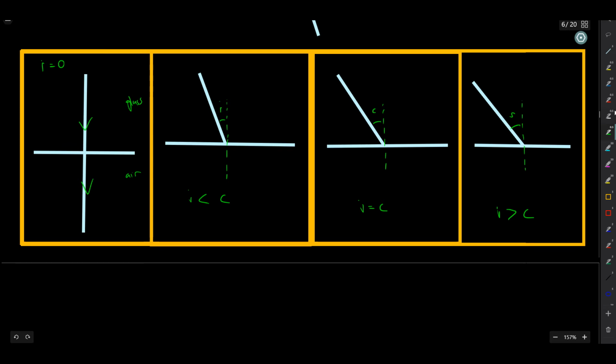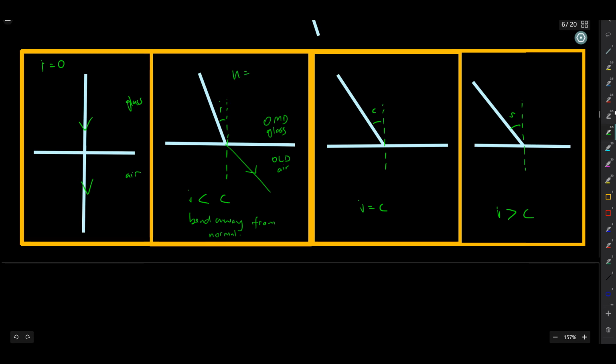So you can label it like that first. When I is less than C, all the light bends away. Take note, I only talk about C when light travels from an optically more dense medium to an optically less dense medium. So maybe this is glass, and this is air. This one just bends away from the normal. This one is quite straightforward, and we can actually use the formula